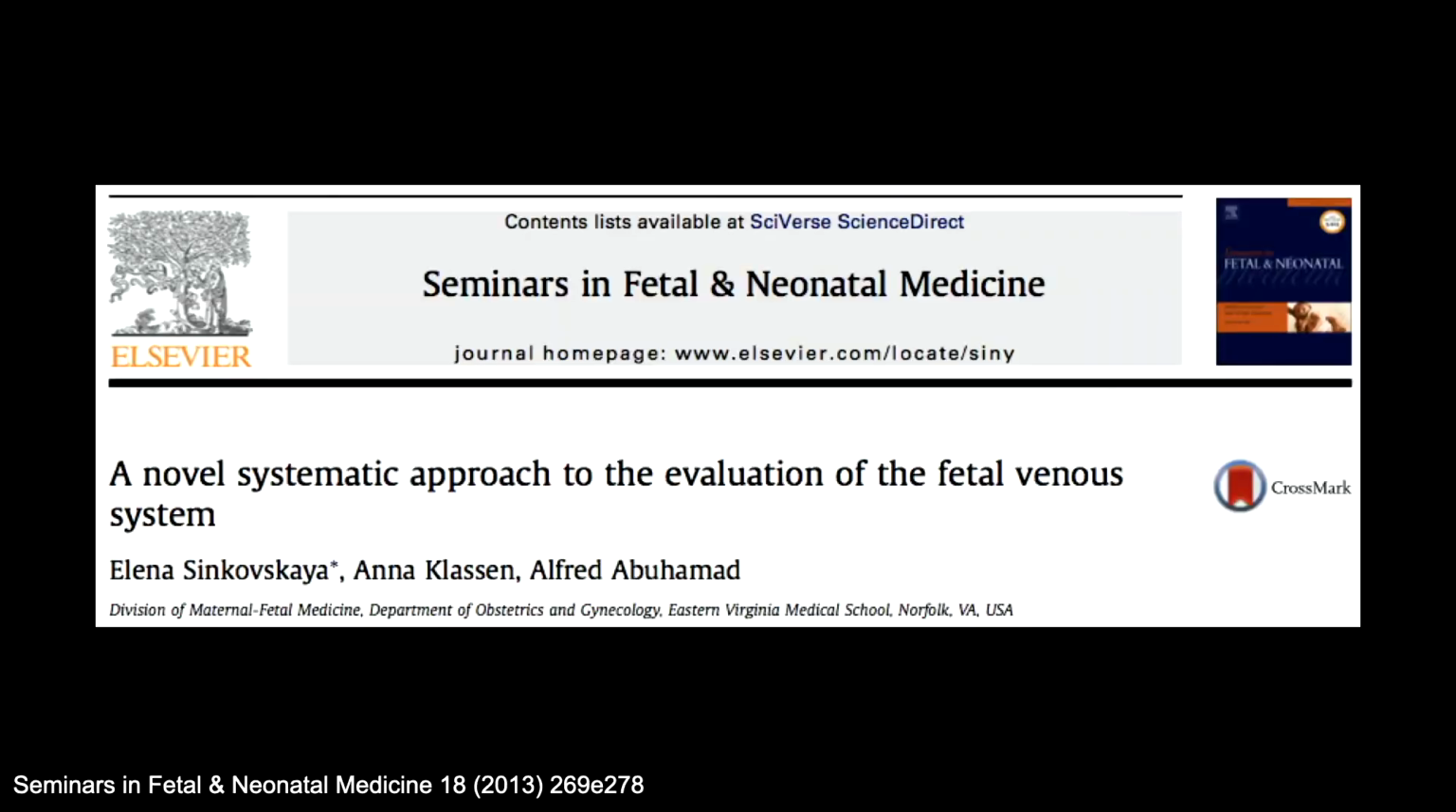I'm going to follow this really very nice article that Dr. Sinkoskaya authored on the approach to the evaluation of the fetal venous system, primarily using the transverse planes that we are really very comfortable with. That's how we measure the abdominal circumference. That's how we look at the four-chamber view, and really relying primarily on the transverse plane to comprehensively evaluate the fetal venous system